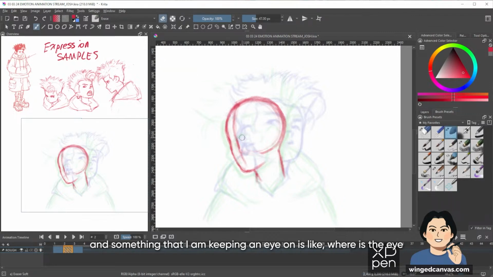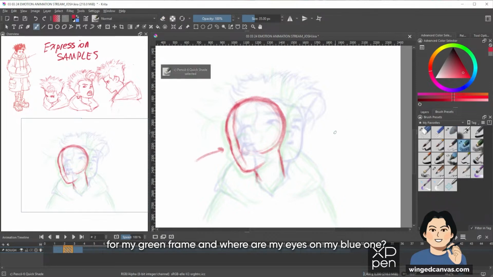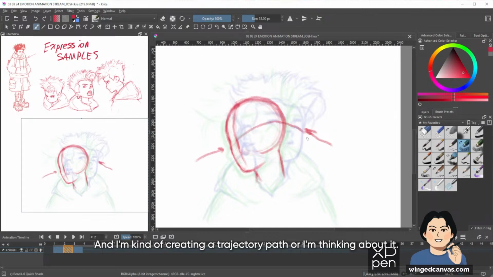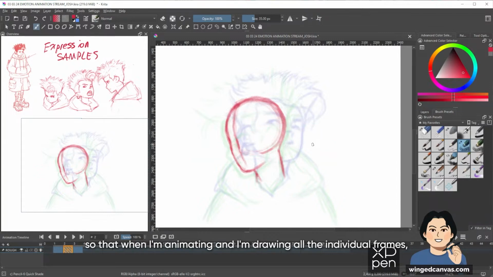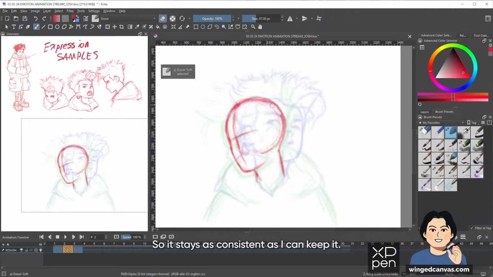Something I am keeping an eye on is where is the eye for my green frame and where are my eyes on my blue one? I'm imagining the trajectory path for both of those, so that when I'm drawing all the individual frames, I can tell where I have to place the head and where the eyes should be, so it stays as consistent as I can keep it.